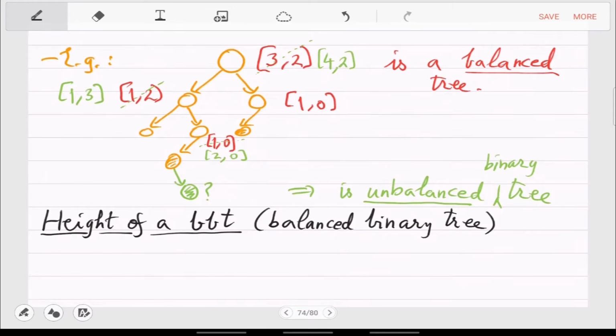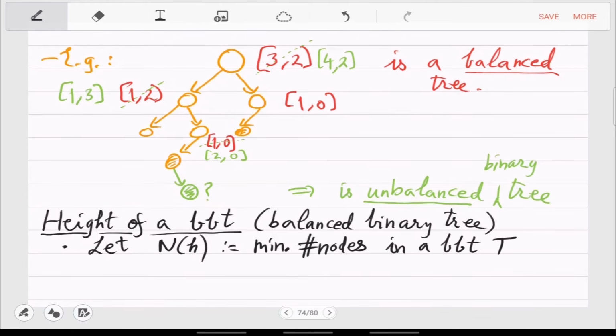So the formal proof goes like this. We are interested in this function, minimum number of nodes for height h. So n_h is defined as the minimum number of nodes in a balanced binary tree of height h.